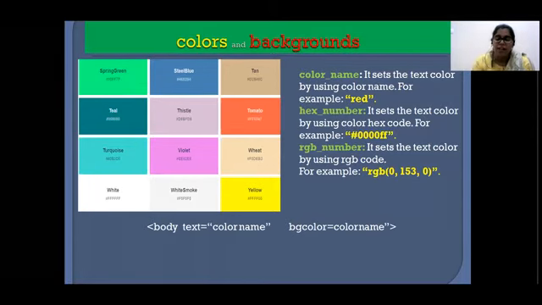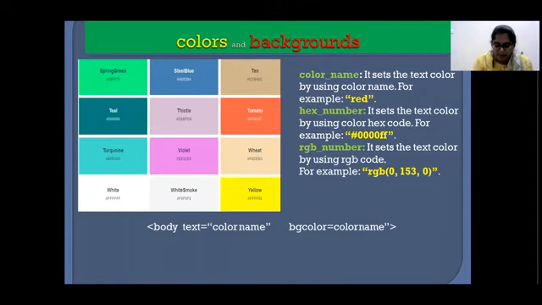Otherwise, you can mention it with the help of an attribute called text in the body tag itself, so that the complete body will come in the same color. So if you want your complete document to be in black color text, then you can mention text is equal to black. So automatically whatever content you are typing will be coming in black. If you want it to be in red, then mention it as red.